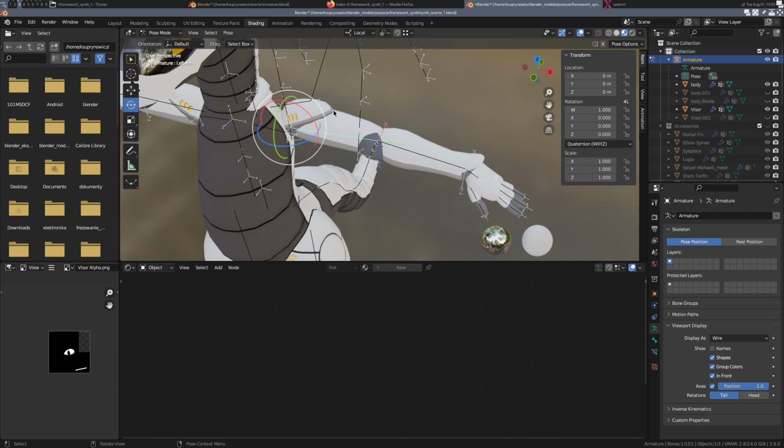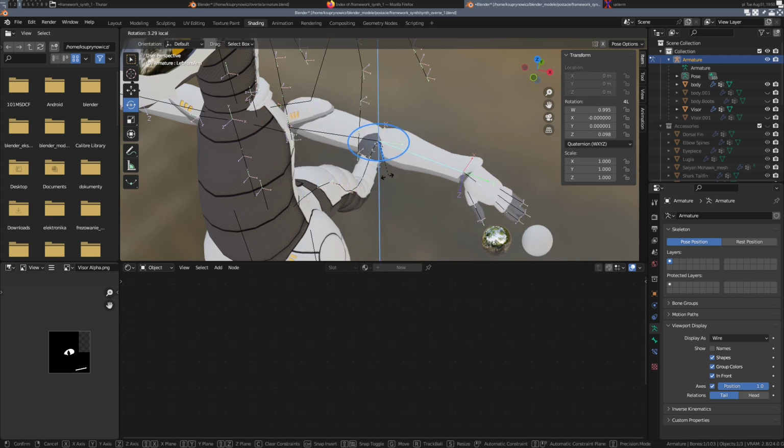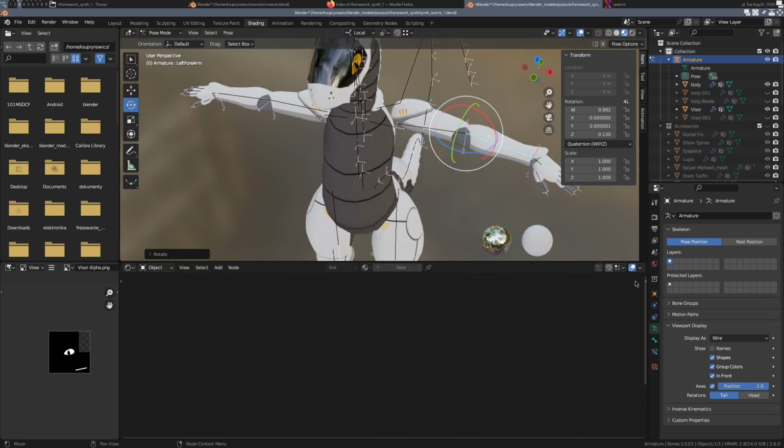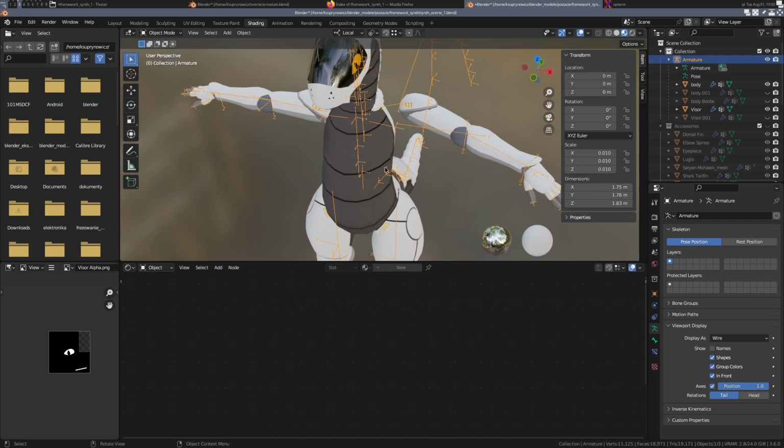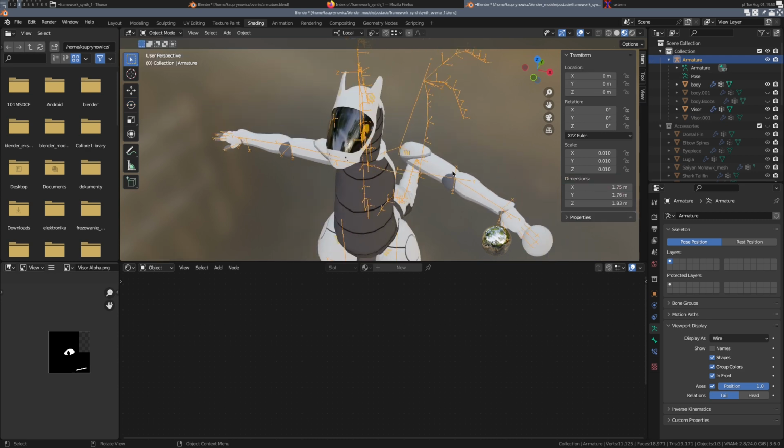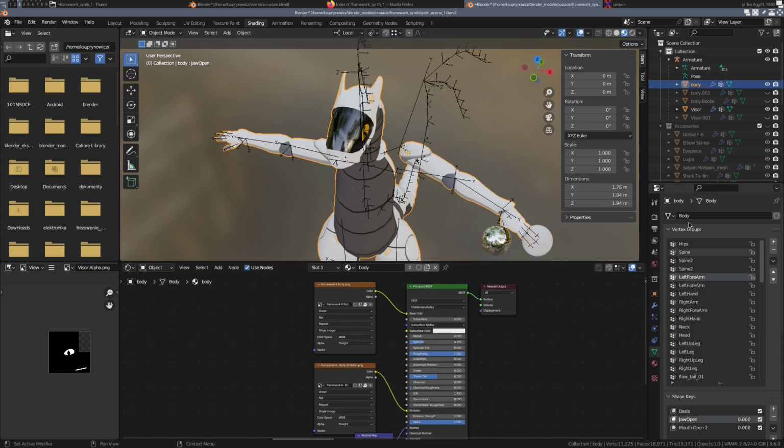Oh, this part moves correctly, but it looks like here it's broken. So the reason for this, we'll need to go into mesh settings and then rename groups. The problem happened during renaming the vertex weights, the vertex weight groups. So if we go to mesh settings on the main mesh and then to vertex groups, we'll need to